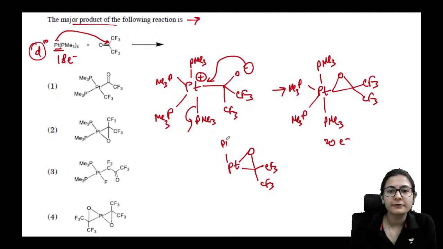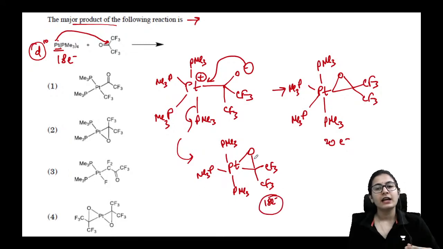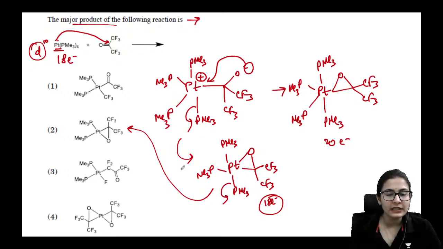Alright, then how many electrons do you have in this? PMe3, and one of the phosphines is removed. Okay, no problem. So what happened? Instead of 20 electrons, it is now 18 electrons. One phosphine is removed. This is an 18 electron species. Yes, but guys, platinum in the 2+ oxidation state is more stable in the square planar form. So it is going to eliminate one more phosphine and it is going to give you this molecule, a 16 electron